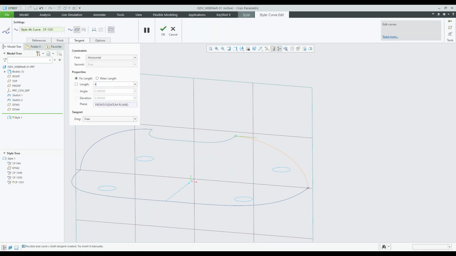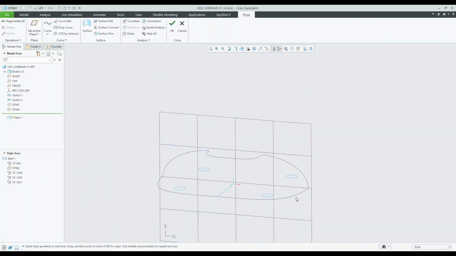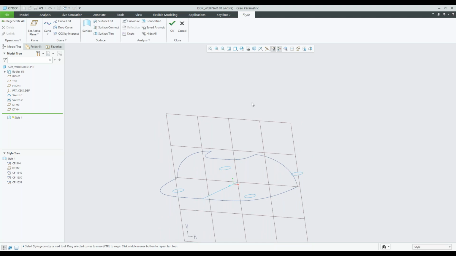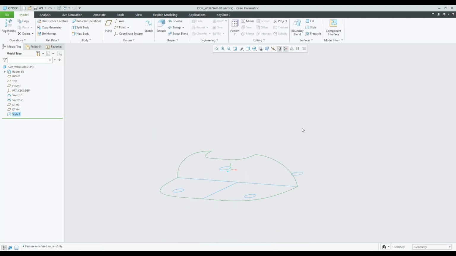Fixed length, we'll make that 4. All right, that's good. Let's select this point here. We'll do fixed length 4. And then draft, check these boxes here. And again, just to show you what we did there, let's exit out of that style feature. All right, and now if we go back to that tree, go to edit dimension,